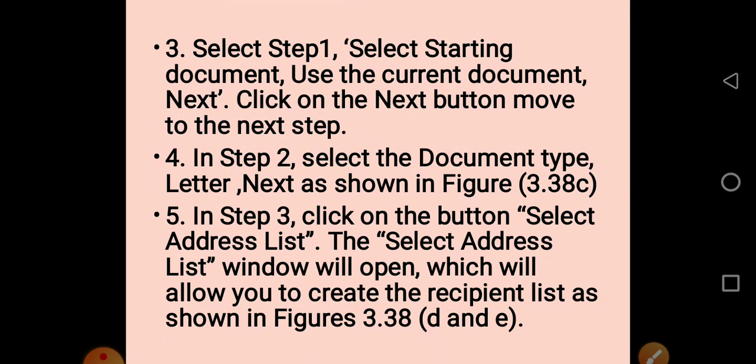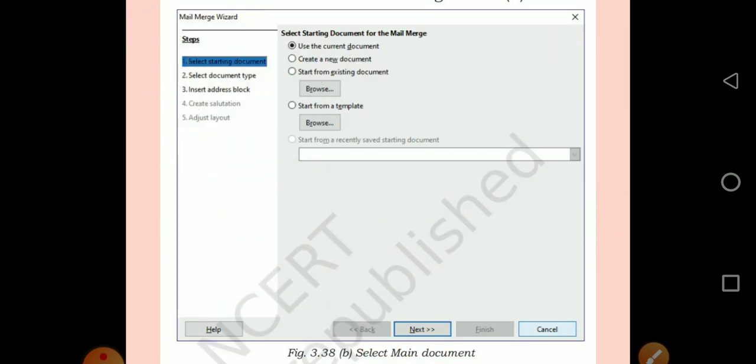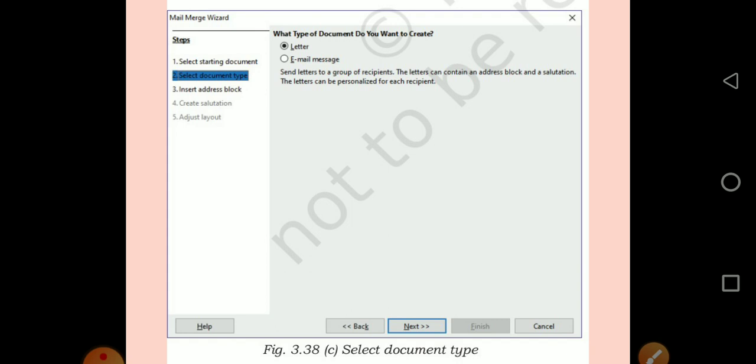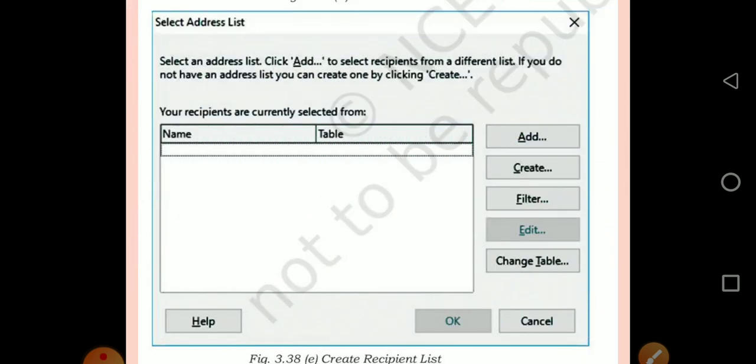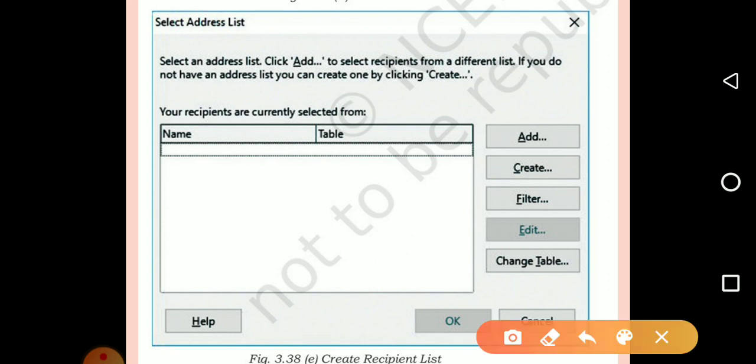In step 3, click on the button select address list. The select address list window will open, which will allow you to create the recipient list as shown in figure 3.38 D and E. So here you are going to create the recipient list now. Okay, so that is what is given here.